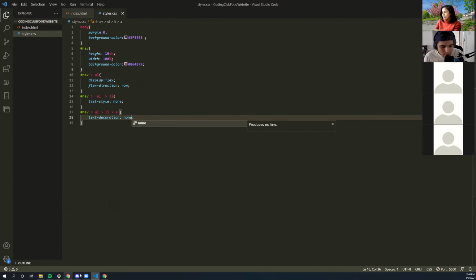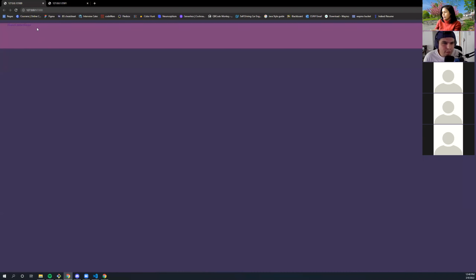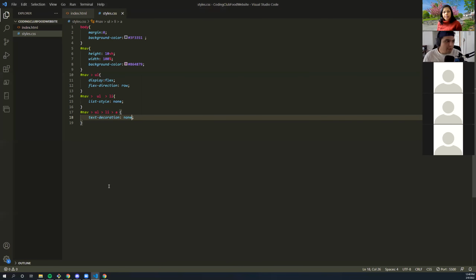All right, now where does that leave us? With these still kind of ugly looking links with no space or no real color, but they don't have the dots and they don't have the underline, so we're kind of moving forward. Okay, so next I want to give this a little more style, right?